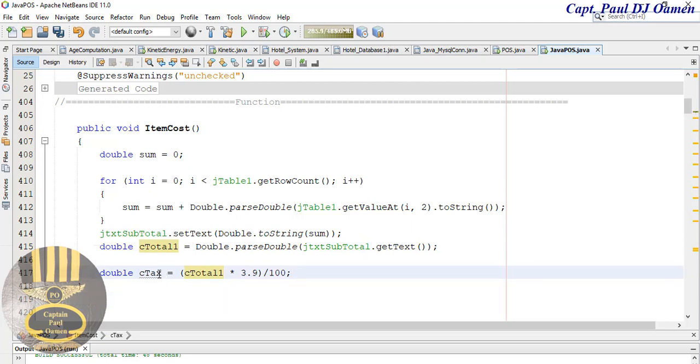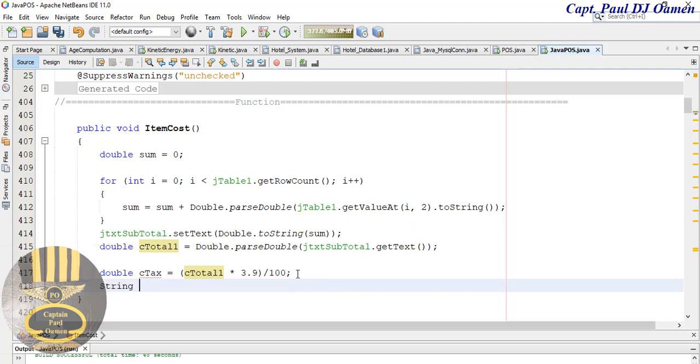Now let's assign this straight into the tax, but before that we need to create a string variable. So I'm going to come right down here, string iTax total. iTax equals